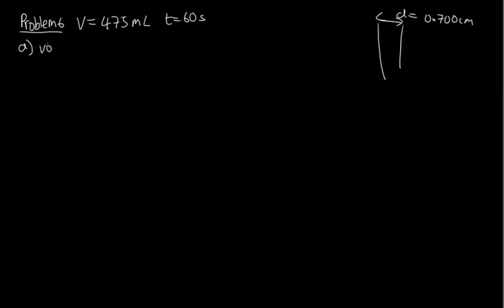So we know that volume flow rate is equal to the cross-sectional area times the velocity, and it's also equal to the volume over the time. So these are two different V's. This is the velocity and this is the volume. So we know the volume and the time. So in 1 minute, 0.475 litres leaves the tap, and that's in 60 seconds. So we can calculate this. We get